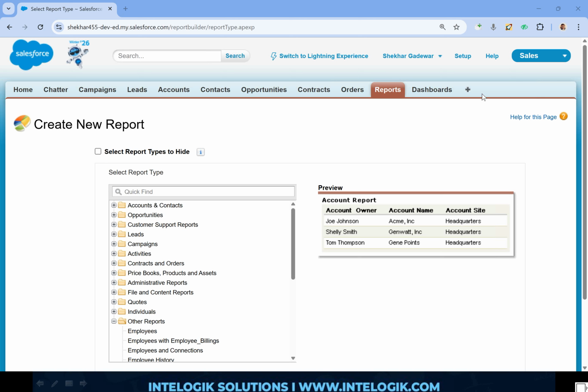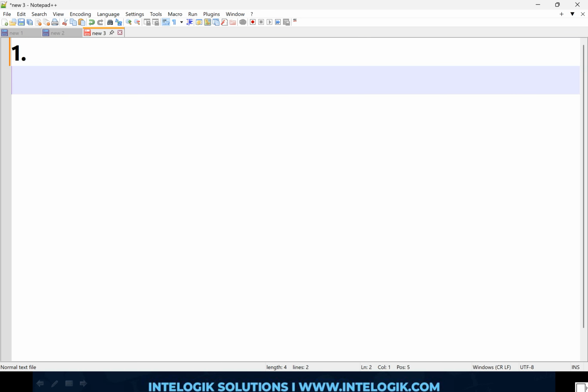Now remember, guys, there are two important points. I will say two thumb rules which you should know. Please pay attention. First, the Other Reports folder